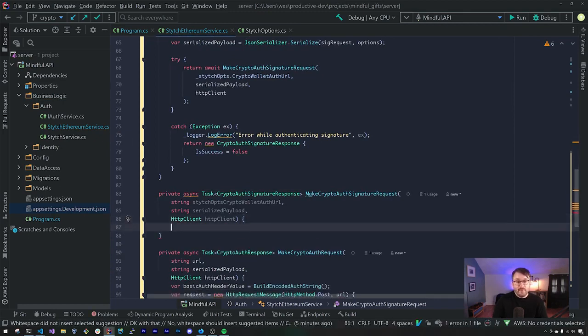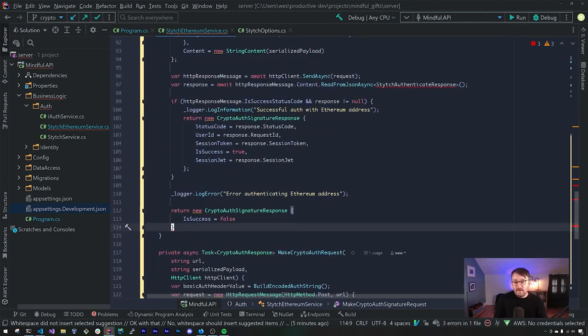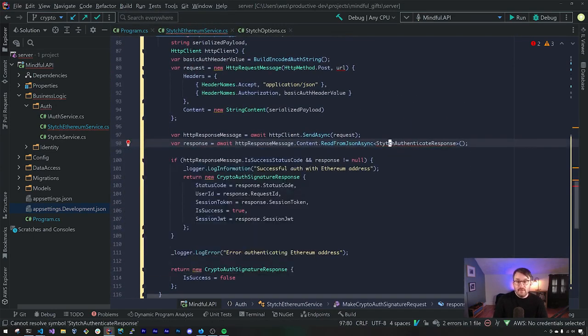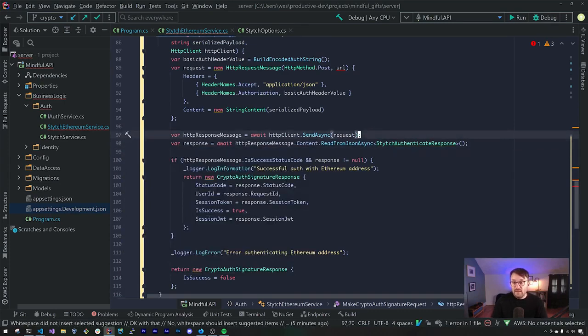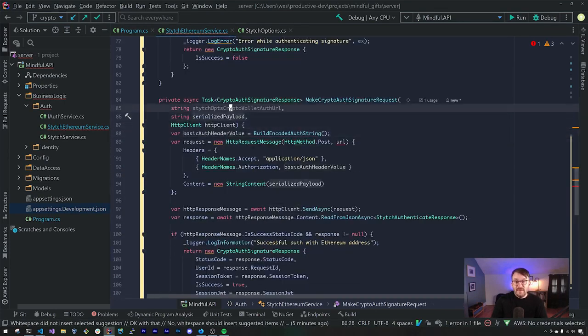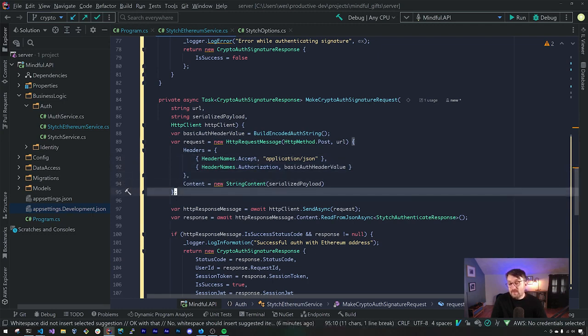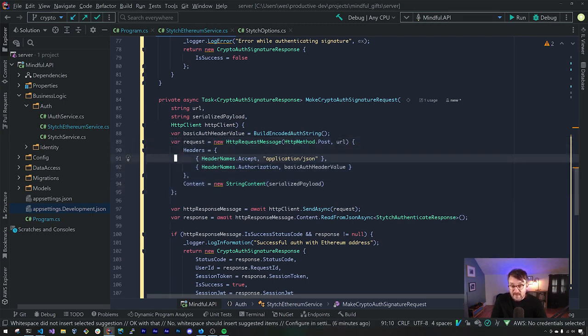Okay, and this is actually going to look pretty similar to our make crypto auth request. We are just interacting directly with Stytch once again here, except now we're going to read the result into a Stytch authentication response. But if we take this one step at a time, I'm going to change the parameter name here to just URL. Again, we're building our encoded auth string. We're assembling our HTTP request method for that URL with our basic auth header value header and the accept application JSON header, and the serialized payload is the content on the request. We're sending that out now to that second endpoint, and we're getting a response back,